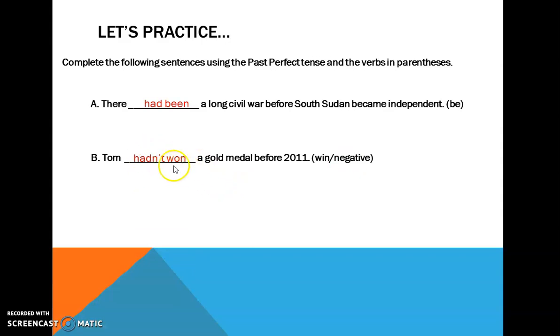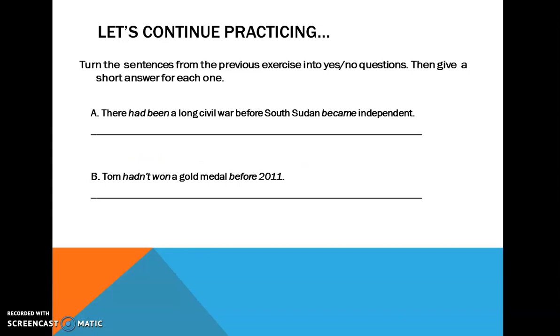Why? In this case, you are using the past perfect tense, and as you can notice, it's not necessary to write the verb in simple past. You can also use a time expression, in this case indicating specific time in the past. So that is the use of simple past tense, okay? Let's continue practicing. What about these sentences? So the idea is, with the previous exercise, we are going to turn these sentences into question, yes, no question,